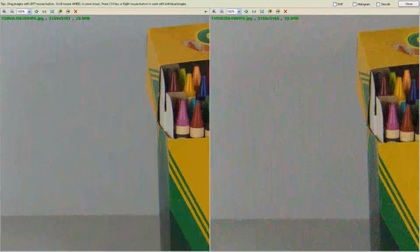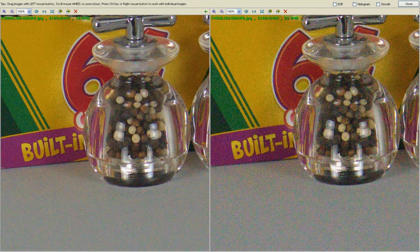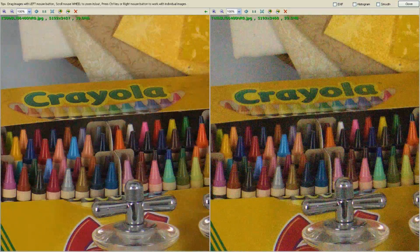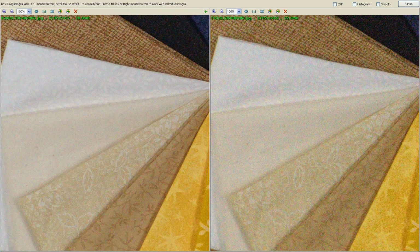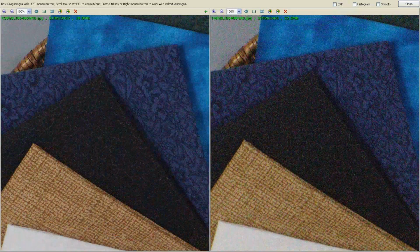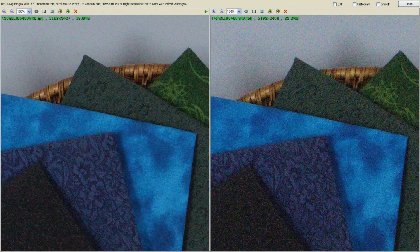You got to look at the noise control. You got to look at the dynamic range. You do have to look at the coloring as well. Now, by no means is this like a Nikon D800E versus a Pentax K5 II. I mean, the coloring is not that drastically different, although I want to say the sharpness on the Canon is lackluster. One of the reasons, though, why the Canon actually takes a hit in this is because